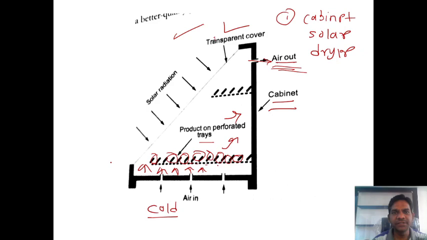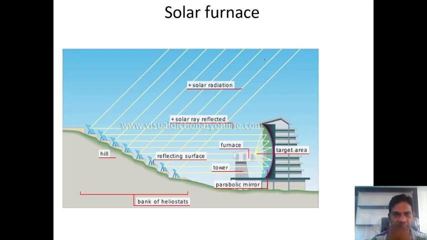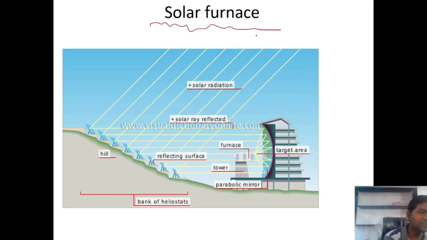Now another, third application we have to discuss here, guys. Now, solar furnace. This is another application of solar energy. What is the name? That is called the solar furnace. So from the name you can get the knowledge of how to use this solar energy application for a solar furnace. So furnace, you know the meaning of the furnace. Furnace means whatever we put inside the furnace will be melted down. The material which is used is melted inside the furnace, but we have which type of furnace, the electricity type of furnace.